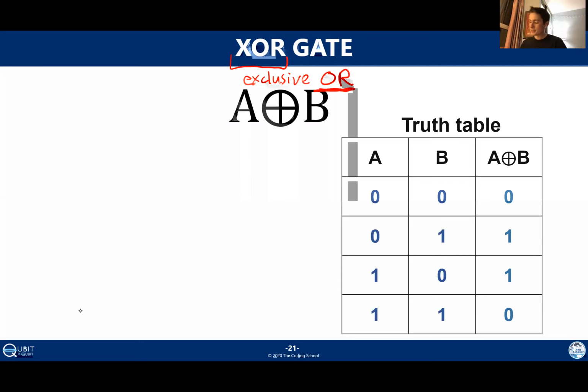Here's the truth table. Earlier, I said that this gate is sort of similar to the OR gate. The reason is that if you look at the first 3 rows of this table, these are exactly the same as OR, right? 0 or 0, so false or false, neither of them are true. The whole thing is false. Here, A or B is going to be true, so we get true. The only difference is in this last row. When A and B are both true, then the XOR gate outputs false.